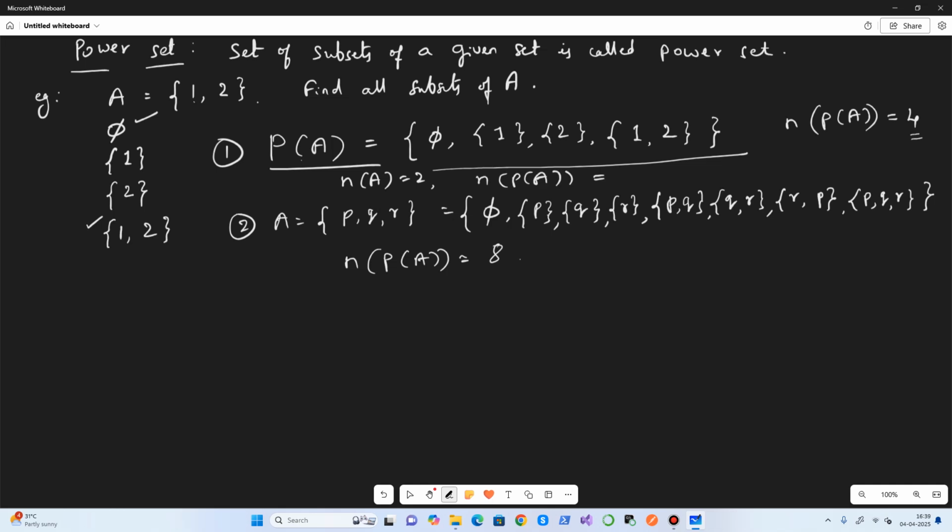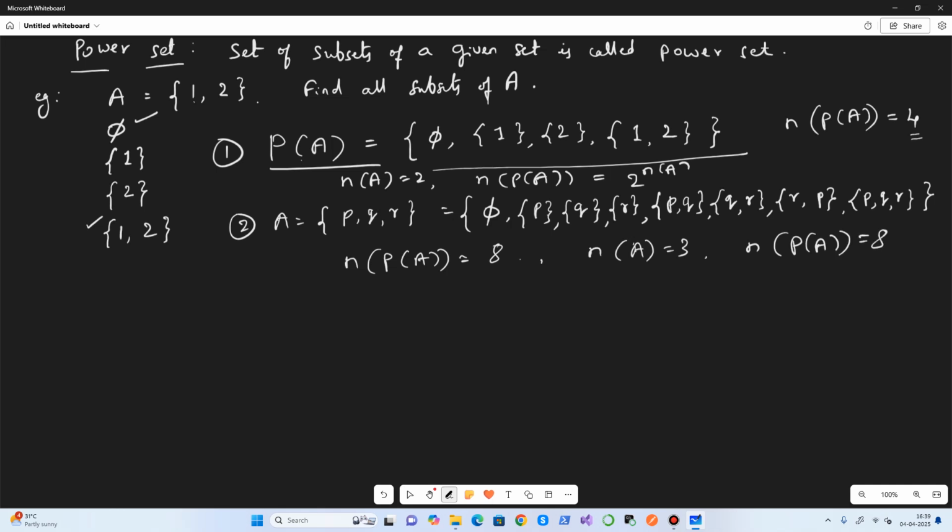That is actually 2 to the power of n(A). So this is the generic form. This holds here also. In the second case we have 3 elements, so the cardinality of A is 3, and the number of elements in the power set of A is 8.